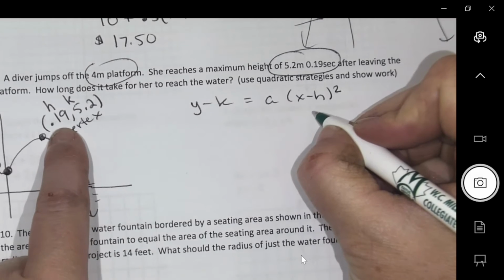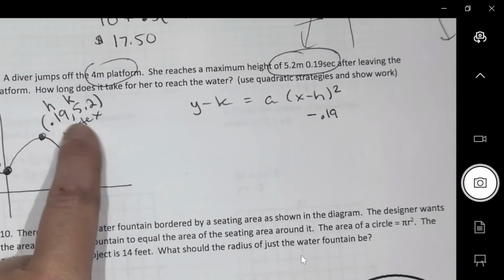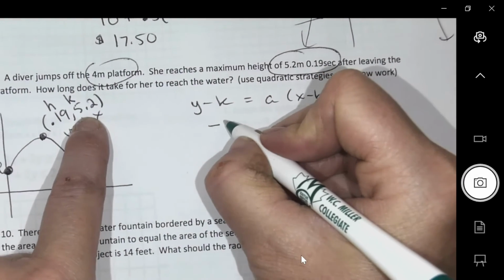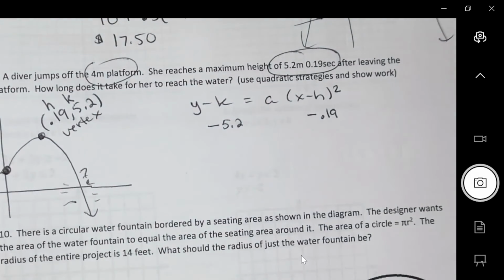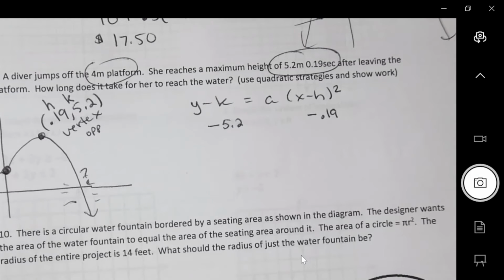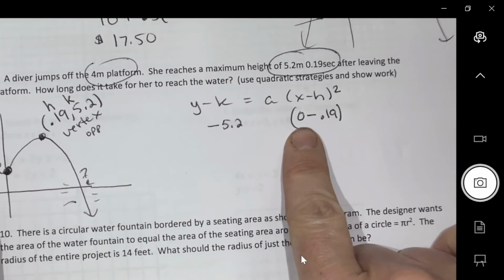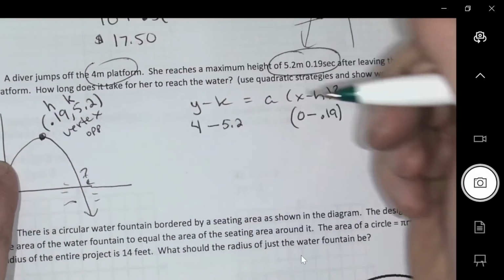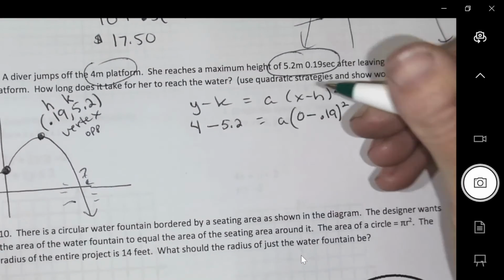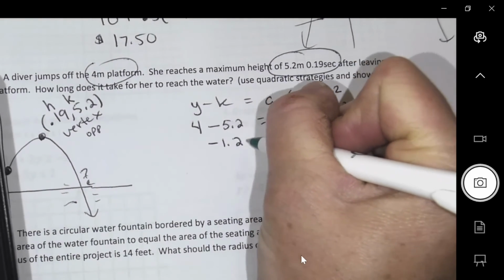So the h, I'm going to write subtract 0.19. The k, subtract 5.2. Because those go in opposite, so they were both plus. So now in the formula, they're both subtract. The x is replaced with a 0. And the y is replaced with a 4. So negative 1.2